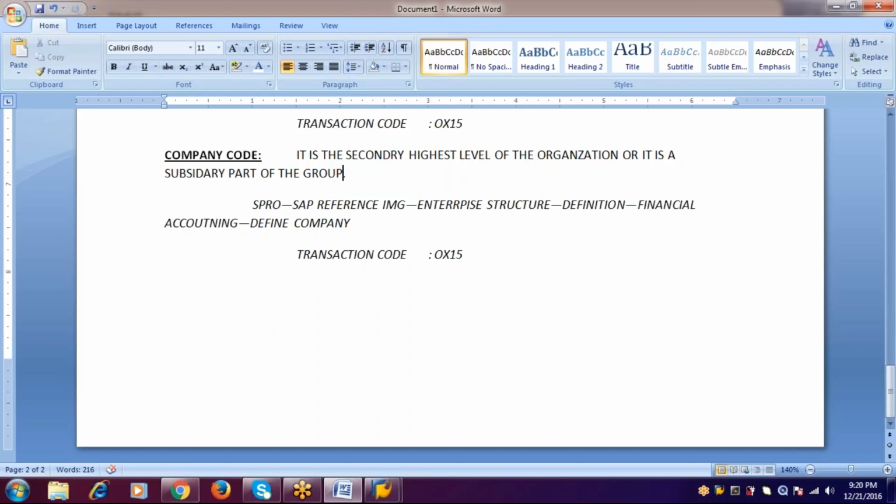And the relation between company and company code is 1:many. That means one company can have n number of company codes. That's why the relation between company and company code is called 1:many. For creation of this one,